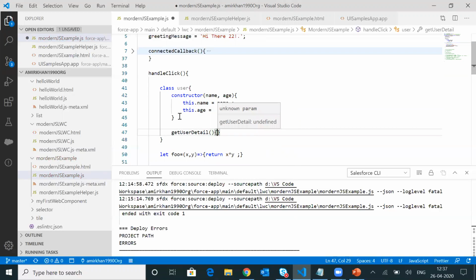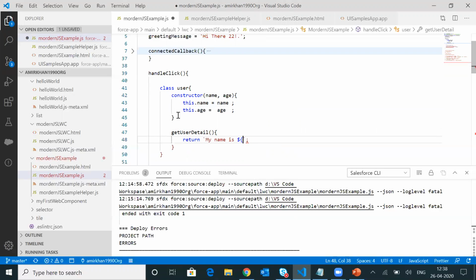With this getUserDetail I will be returning a string: my name is ${this.name} and my age is ${this.age}. Now there is one more thing that I wanted to highlight here.